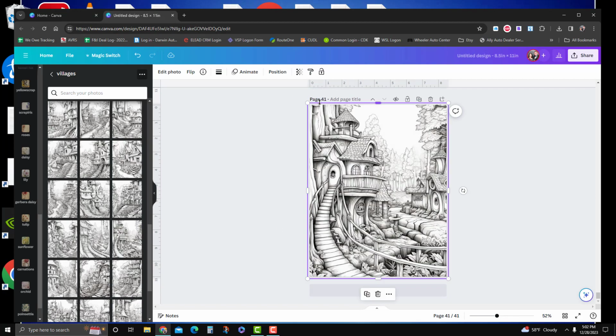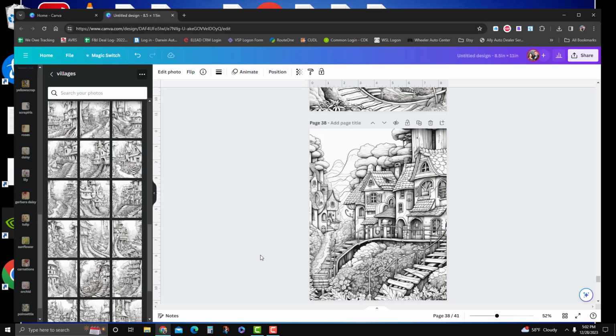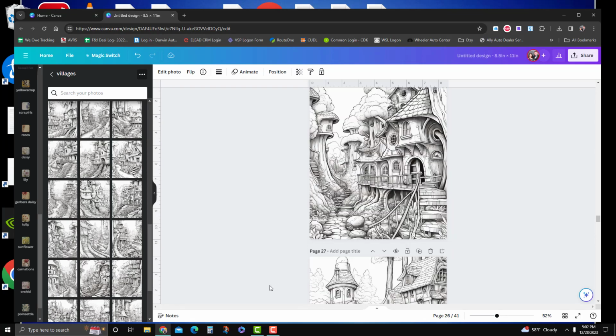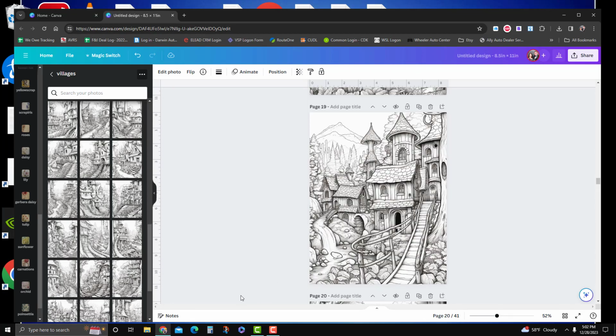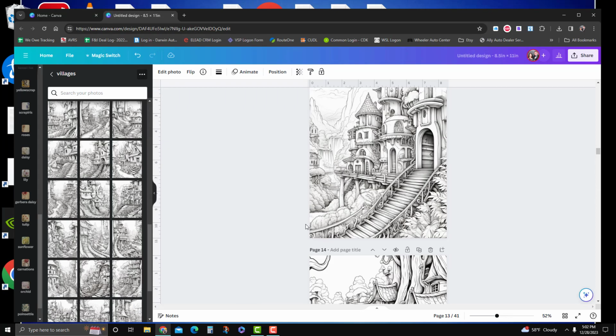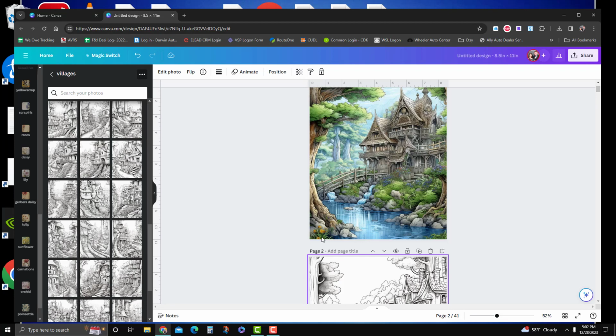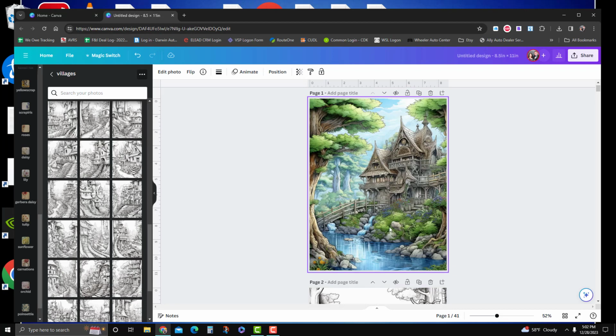Okay, so there's our 41 pages. So our coloring book is done. Now, well, kind of done. Let's look at the cover. Pull all the way back to the top. Okay, so we need to name this something. So